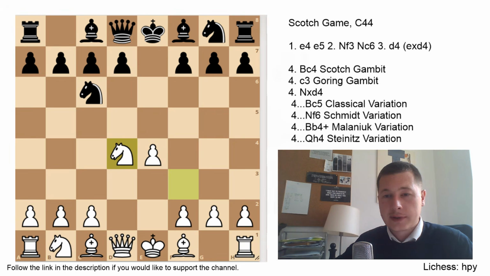These several options, well, we are going to look at in detail. We are going to look at bishop c5, knight f6, bishop b4 check, and queen h4. Even though there are some other variations, there's a line with queen f6, there's g6, there's d6, but those are